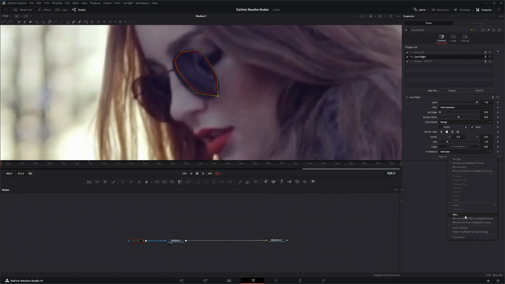And I'm going to right click and remove all, so I am not animated anymore. Another good thing about working with the MultiPoly is doing any type of holdouts or anything are a lot easier and just better, easier to work with. So if I get our glasses a little closer to where they should be,